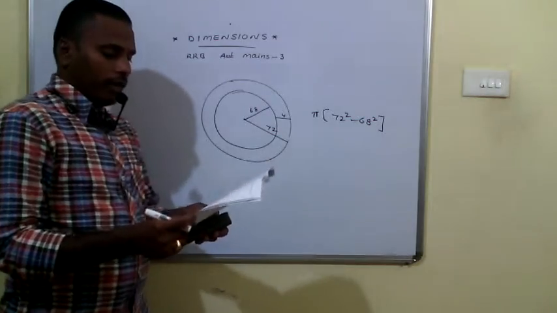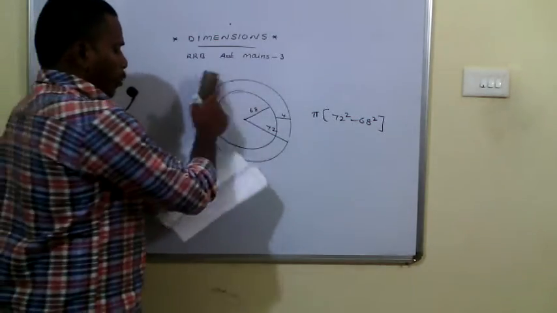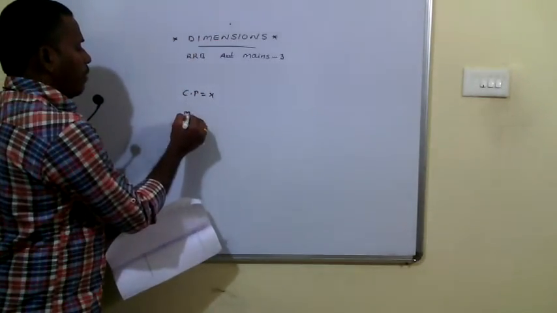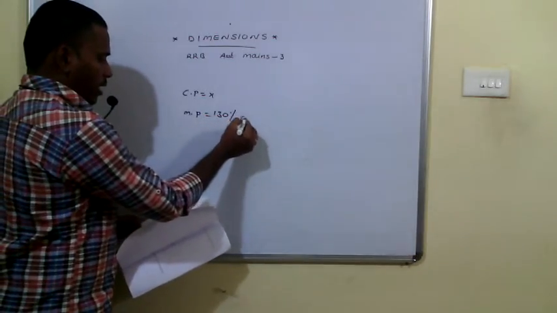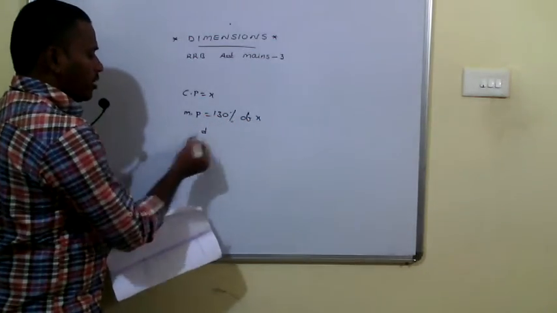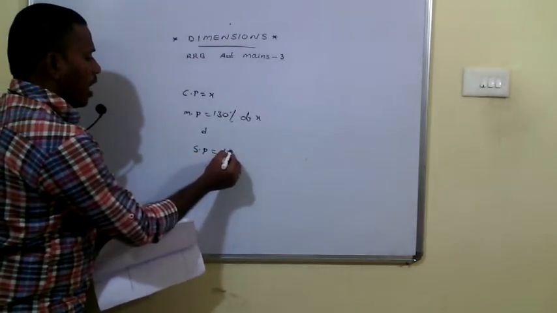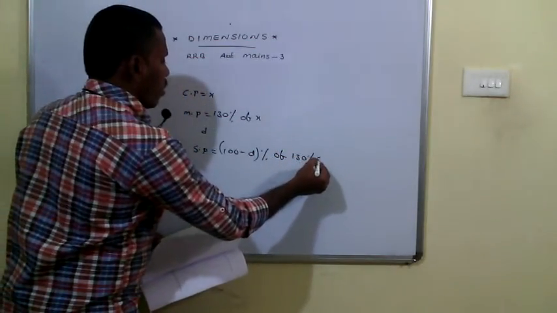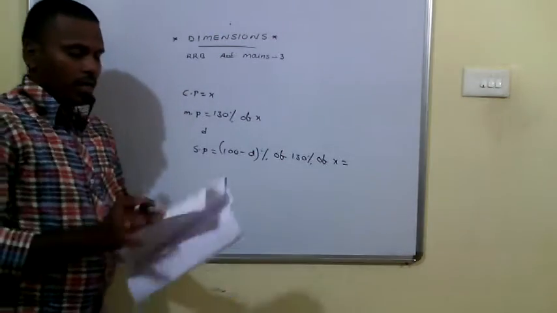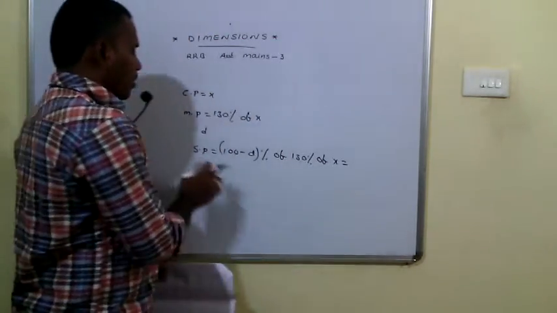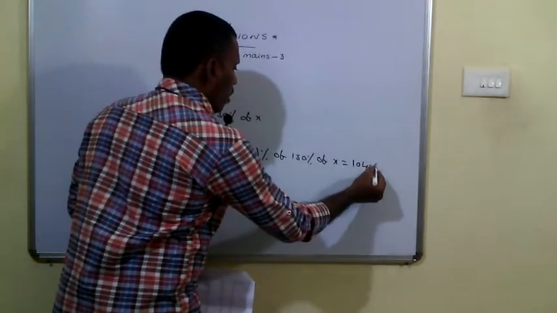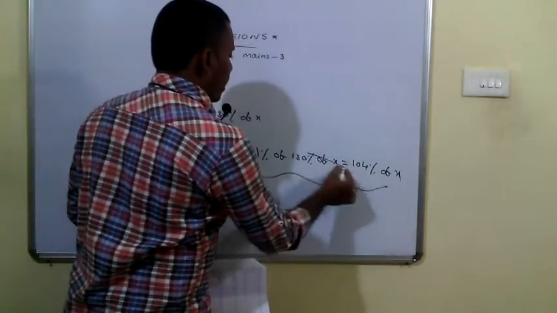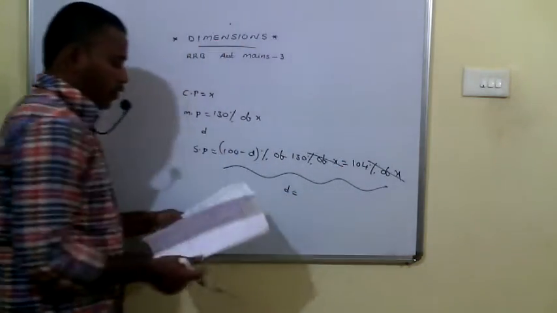Okay. Coming to 51. A person marks a product 30% over the cost price. Suppose the cost price is x, then the market price is 30% over the cost price, nothing but 130% of x. If a certain discount is given, then the selling price is nothing but 100 minus discount percent of the market price. The market price is 130% of x. This is the selling price. On the other hand, he made a profit of 4%. So the selling price is again equal to, since profit is 4, 104% of the cost price x. Solving this, x will get cancelled. We need to calculate the value of d. You will find it as 20%.